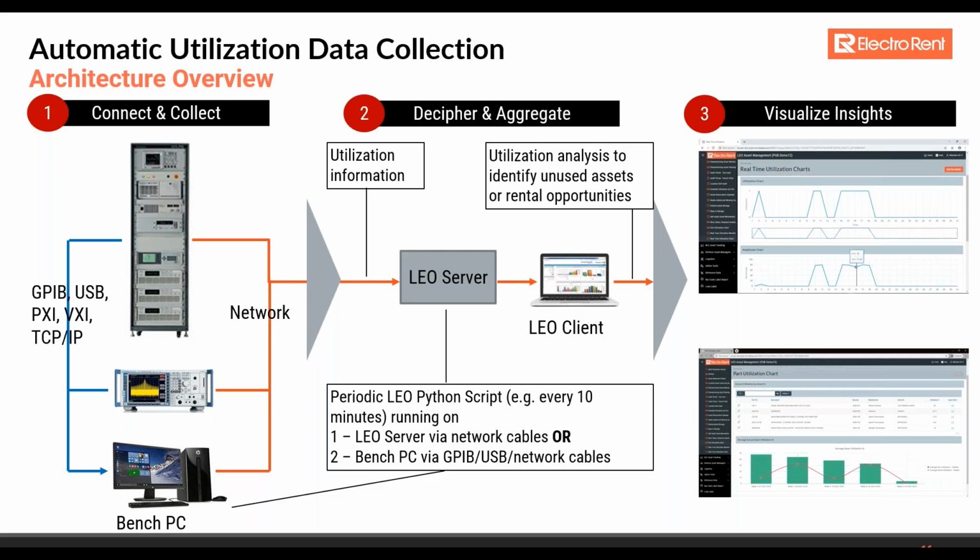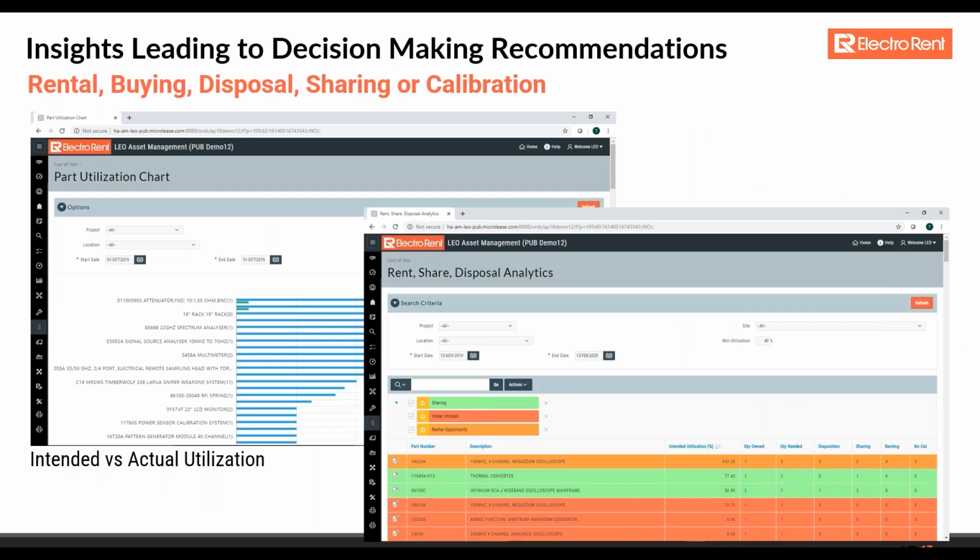So we can not only tell you by the model number and by the product category, what type of utilization you're seeing. We can do it by bench, we can do it by particular asset, and really give a comprehensive picture of how your asset pool is being utilized. You can then use this information to decide which assets are candidates for disposal and which need to be kept, and maybe which equipment you might need to purchase more of based upon upcoming test demand, or share within your organization, or perhaps rent more. And this is just a quick view of what our automated rent, share, and disposal analytics look like